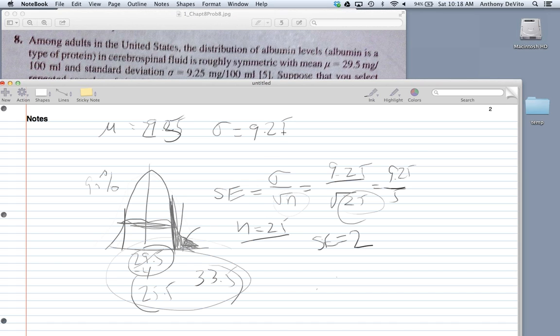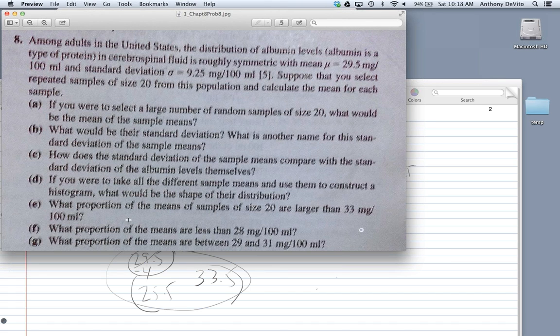Now, they asked what's the proportion of the sample means that are greater than 33, not what's the percentage of people in this population that are greater than 33, right? They could ask us two different things here. They could have said, what's the proportion of the people in the population greater than 33, right? Which would be quite a few people, right? Because